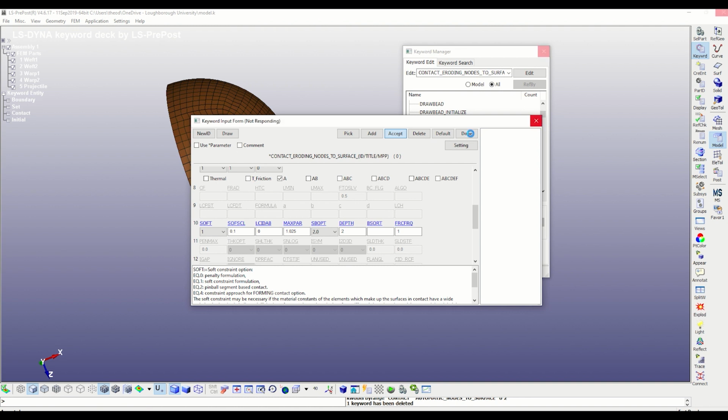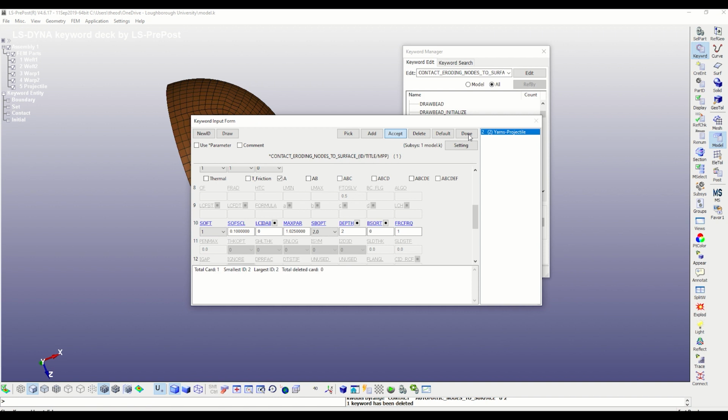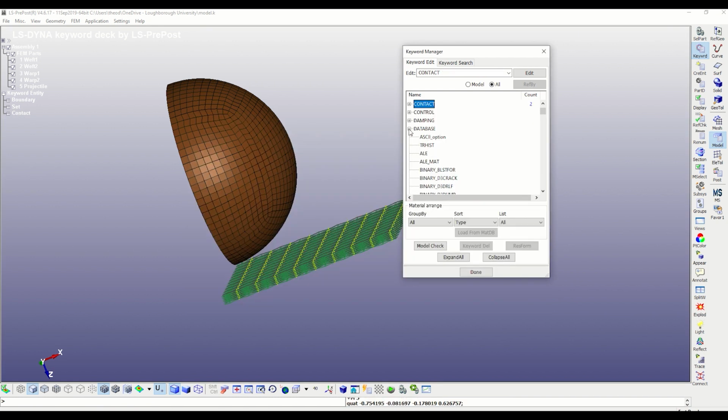The next step is to define the initial kinetic energy of the projectile. In order to do that, we go to the initial velocity region. I will then define the z component of the velocity equal to 300 meters per second.